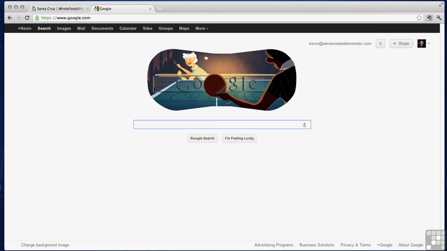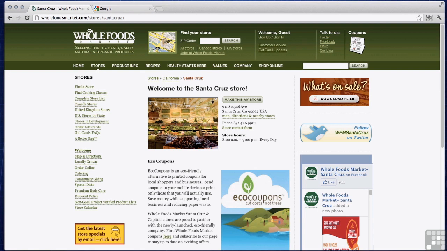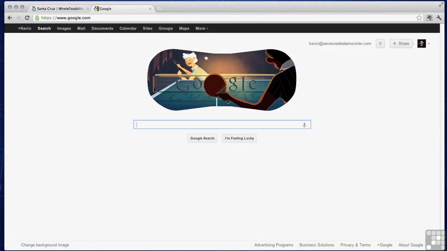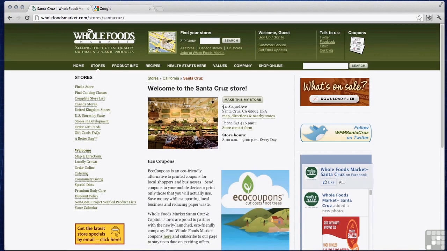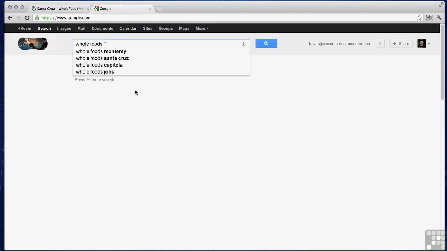What we're going to first do is find the Santa Cruz Whole Foods page. We can probably assume that the local Whole Foods is getting some decent links. So let's take a look at this here. As you saw in the slide before, we're going to search for the business name, then in quotes, the address. I'm not selecting the entire address because this will probably get me a bit more results.